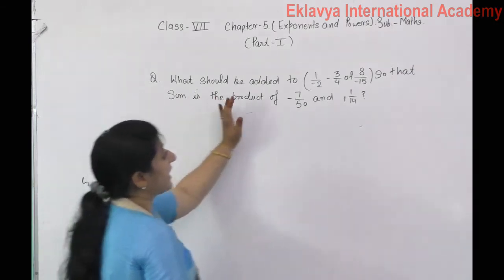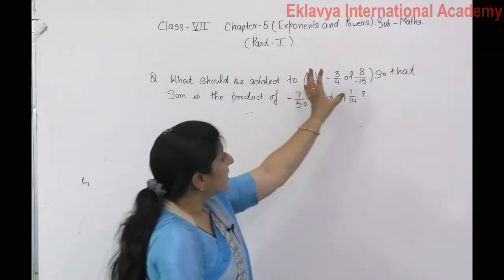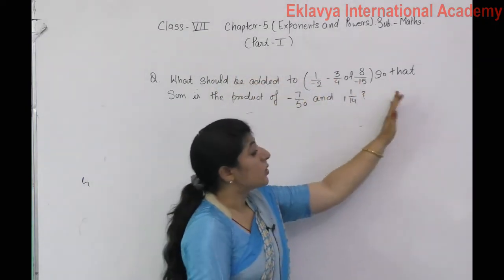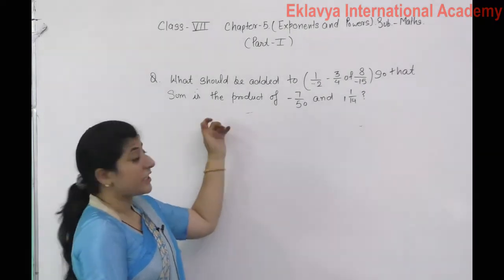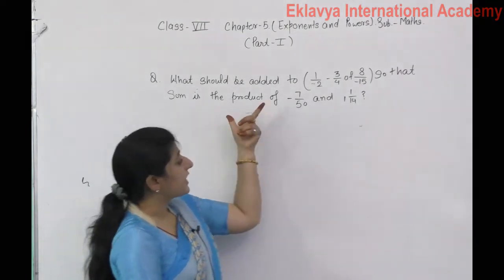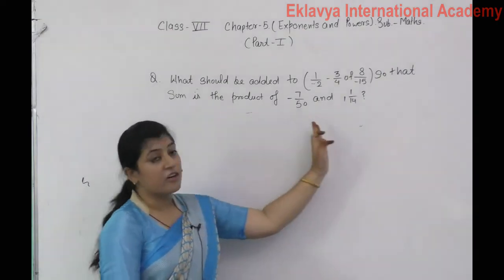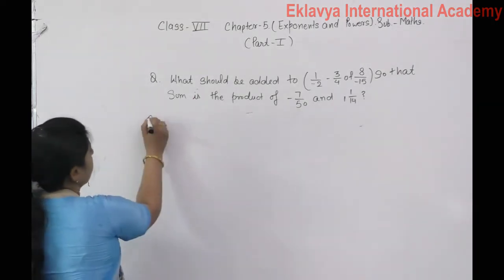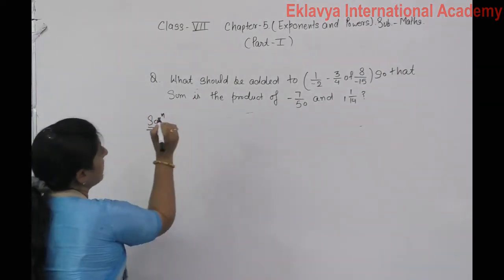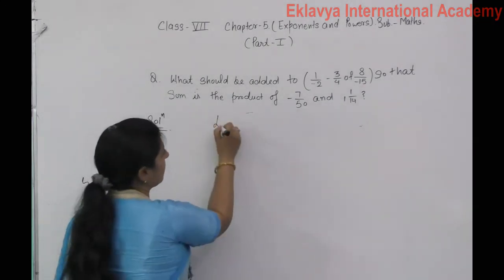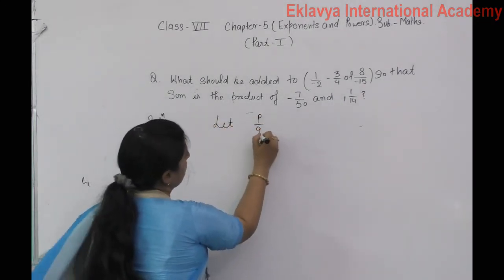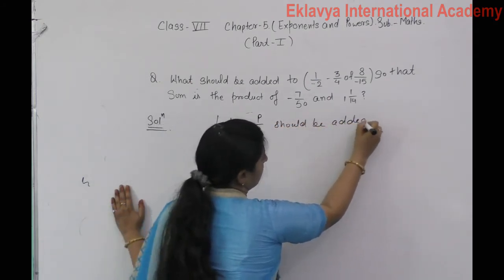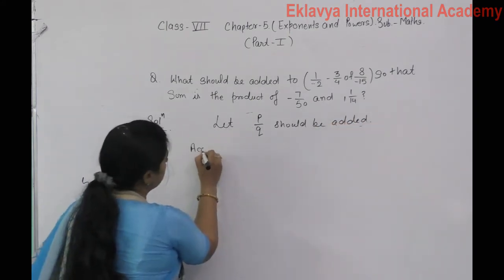What should be added to this? It means in this value, what should be added, so that the sum of the two numbers is equal to the product of this and this. According to the statement, if we write it down, what should be added? Let P by Q be added. Then according to the statement,